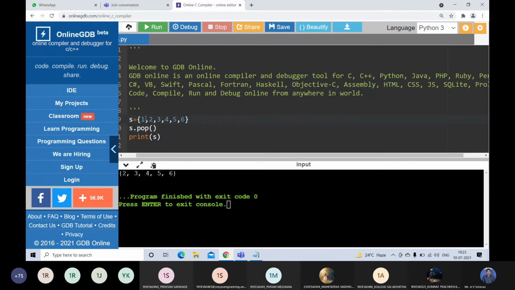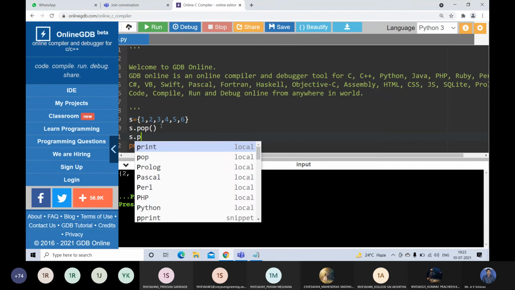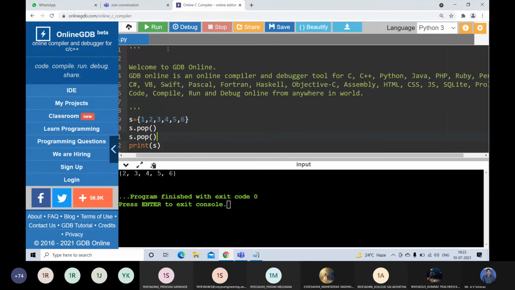In lists, if you are not passing any index value, it will remove the last element, whereas in sets, the pop method will remove the first element. Okay. If you call the pop method a second time, it will remove the 2 also. Now we have 3, 4, 5, 6. See here.